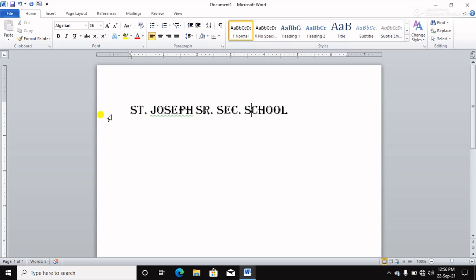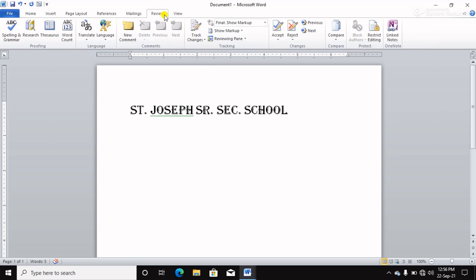And how many letters? 1, 2, 3, up to 19. No need to count. This word count will automatically display. How can you do this?